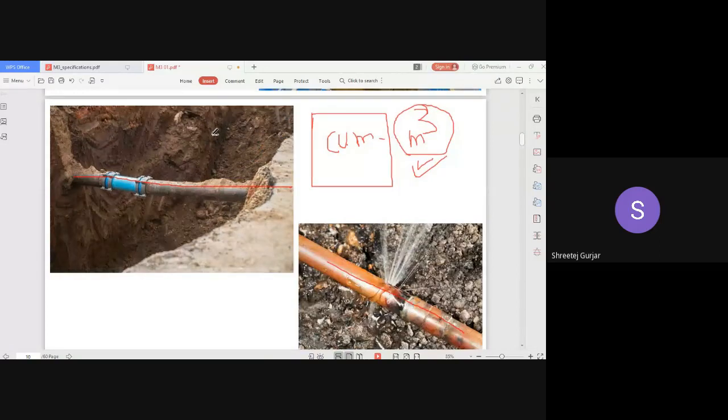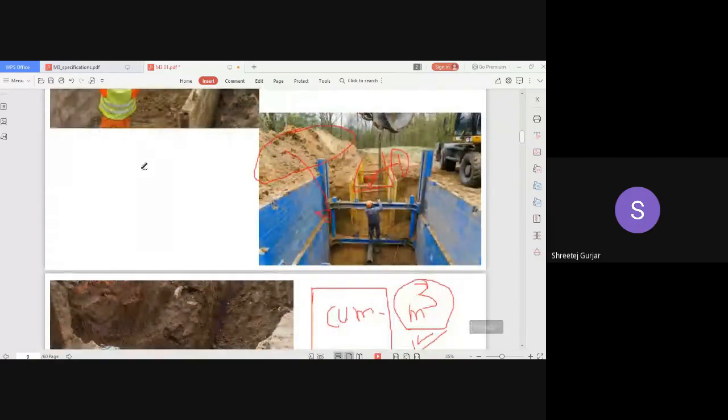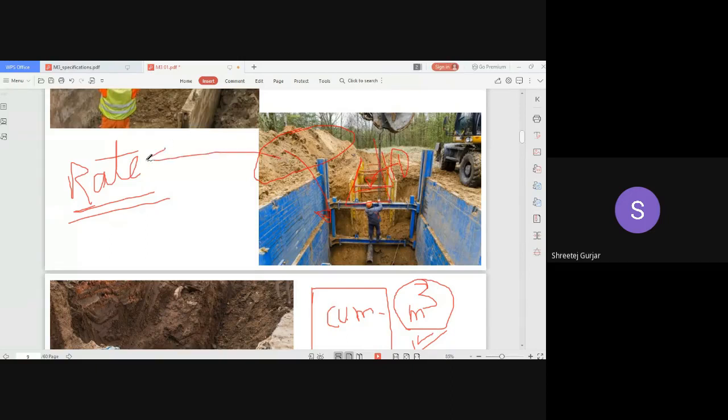Okay, the one more thing that we have left out is rate. You have to mention the rate of your excavation. What is the rate that you have to do? And this rate includes your timbering work also. That support work you are providing, that cost also has to be included in the rate you are writing down, right? So it has the timbering, and the soil excavation rate usually, and then also the timbering work if needed. That also has to be included.